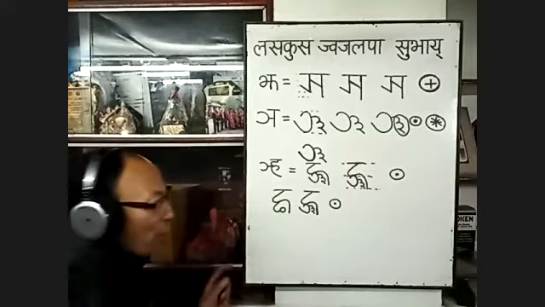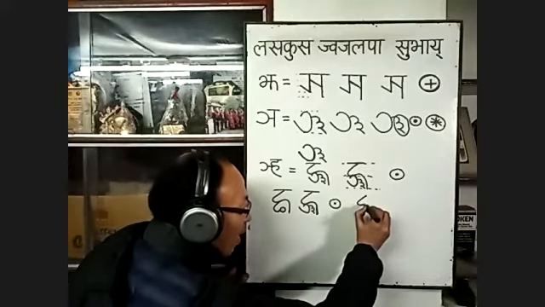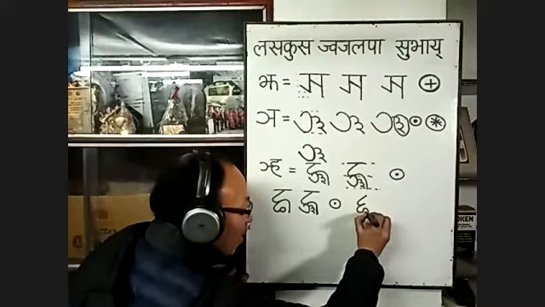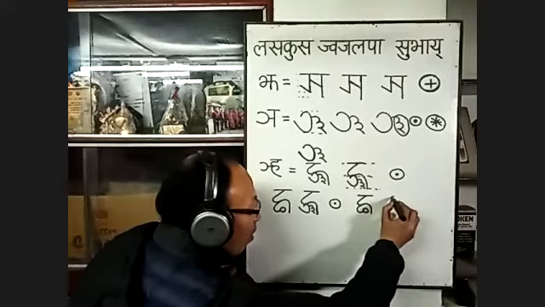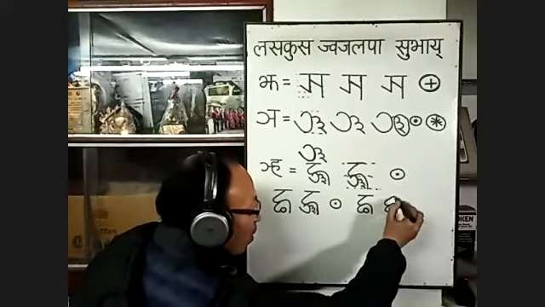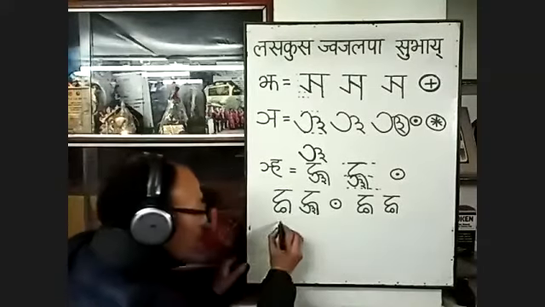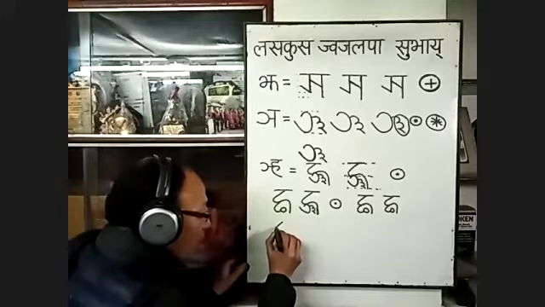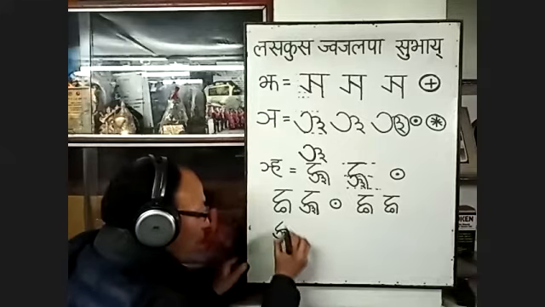Which one is easier for you? You write like this and then give this. Is this easier for you, or do you first draw this line and then this? Which one is easier for you? You can do that. Similarly for this also. Is this easier for you, or